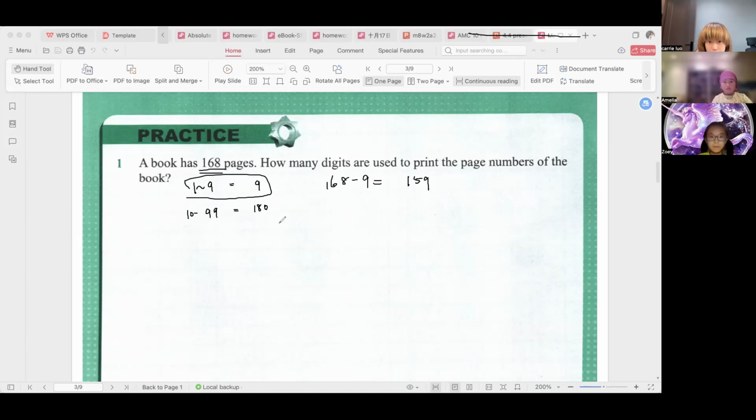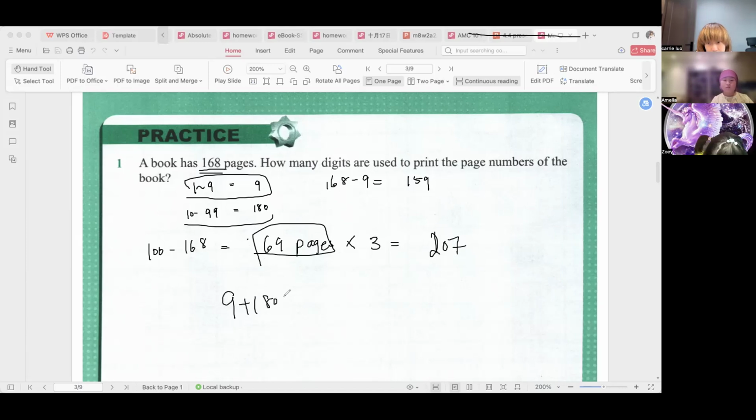Okay, so altogether 168, 100 to 168 has how many? It's 69 pages of 3 digits, Amelia. So 69 times 3 equals 207. So plus together, 9 plus 180 plus 207 equals 189 plus 207 equals